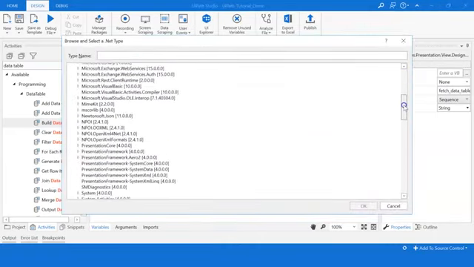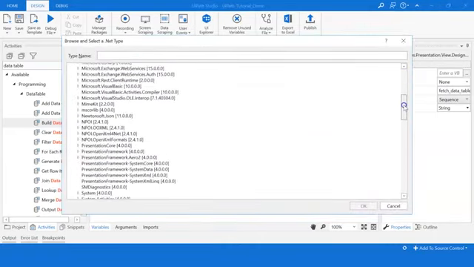Select one more column, give it as phone number. Click OK, and then we need the email address. I'll hit OK. So we are done.